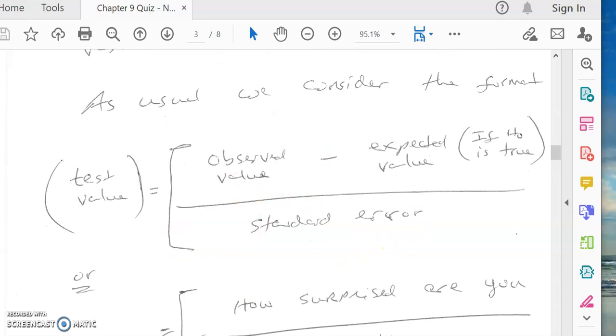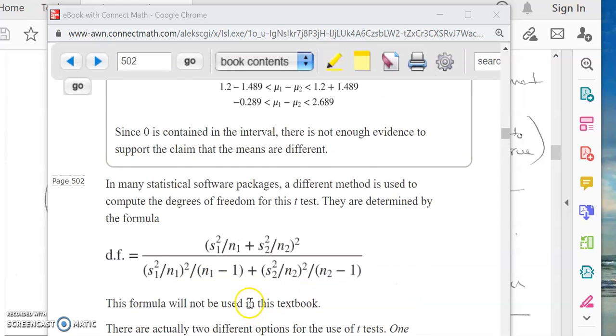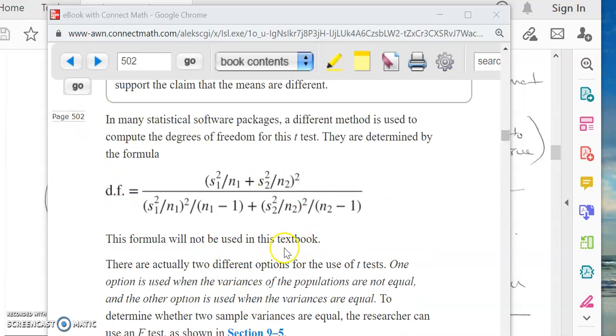Now, where did I get that? That's right from the book, right from the book. So this formula or this format, the test value is equal to the observed value, take away the expected value, divided by the standard error. This one right here, he mentions this several times. This is on page 502, which just by coincidence, I'll mention, see page 502. That's actually a good place for me to look at this, because this gives you the formula, which we're not going to use. But this is in a situation where, let's see here,